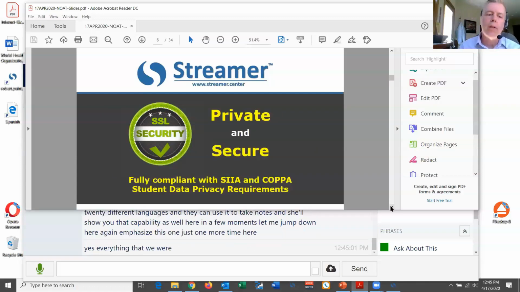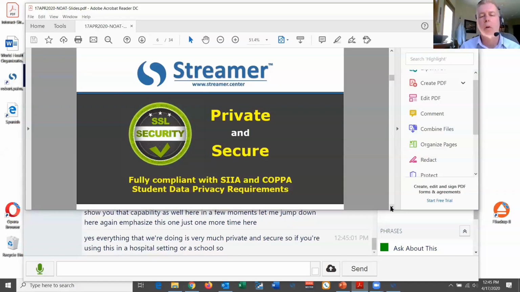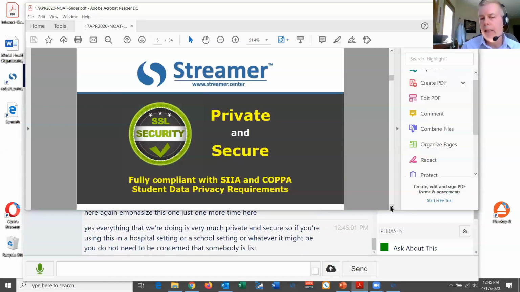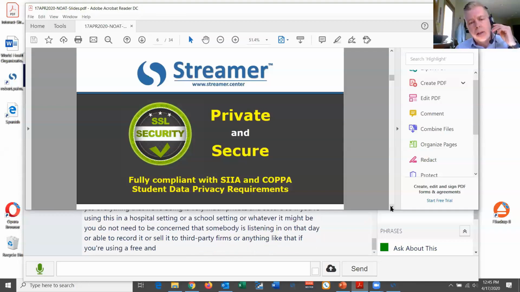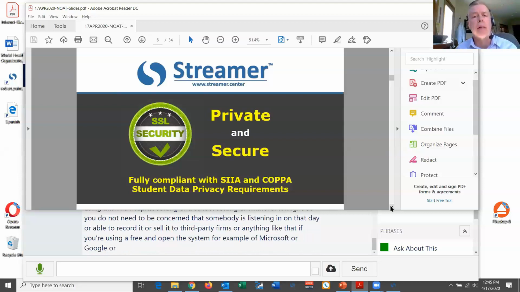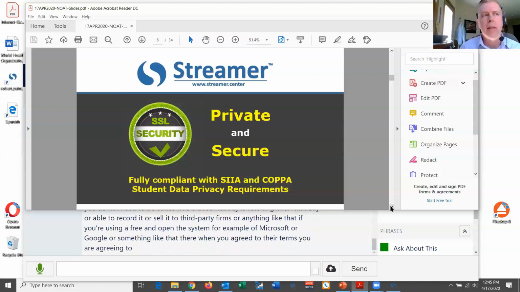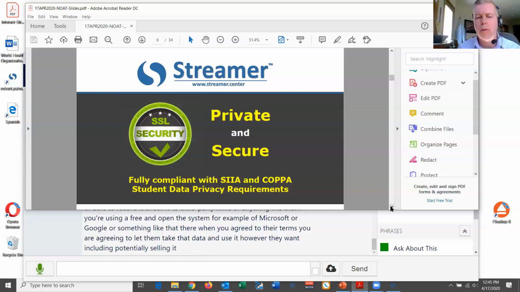Everything that we're doing is very much private and secure. So if you're using this in a hospital setting or a school setting or whatever it might be, you do not need to be concerned that somebody is listening in on that data or able to record it or sell it to third-party firms or anything like that. If you're using a free and open system, for example, Microsoft or Google or something like that, when you agree to their terms, you are agreeing to let them take that data and use it however they want, including potentially selling it to somebody else.